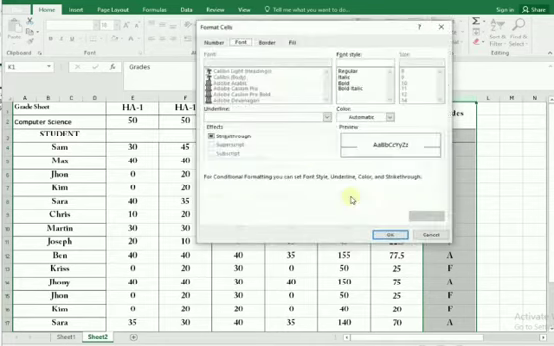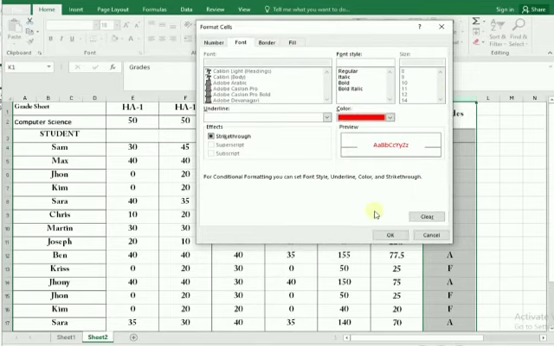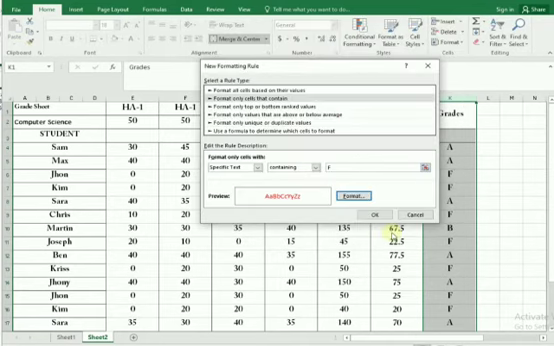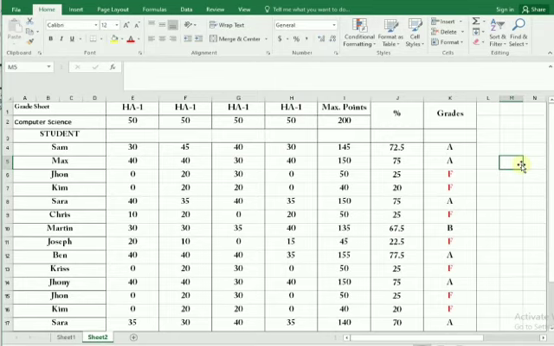Click format. Now you can change the style and size of the text as well, but I won't do this. I will simply change the color of the text from automatic to red. You can select any color you want, click OK, again OK, and you can see the result in the grades